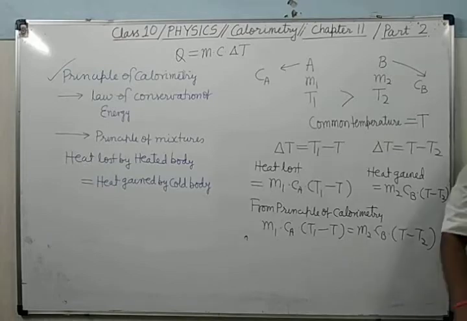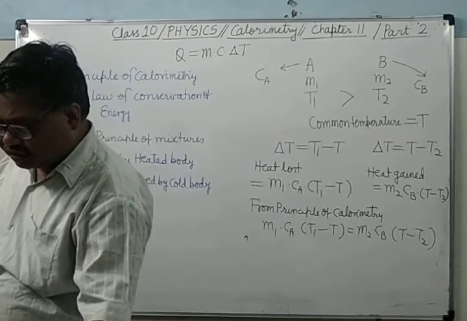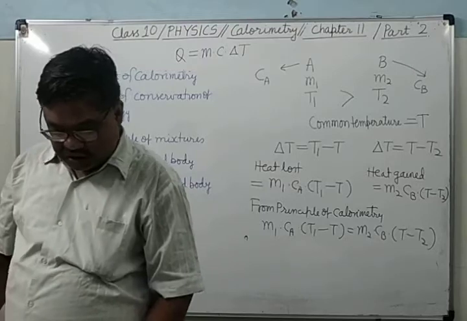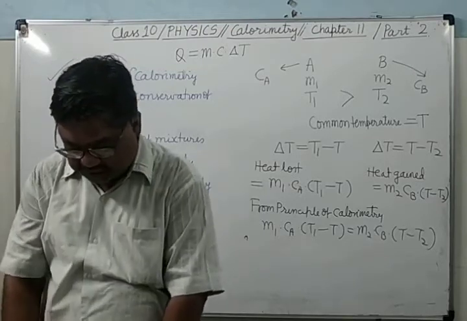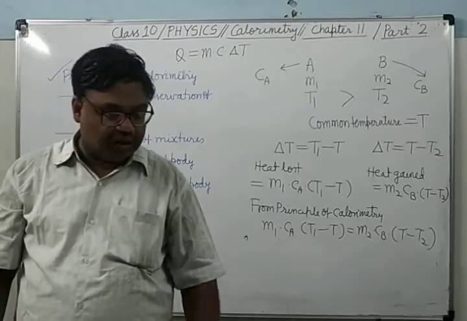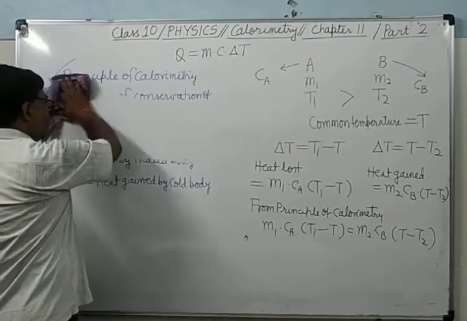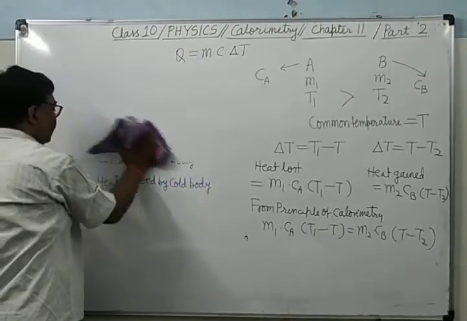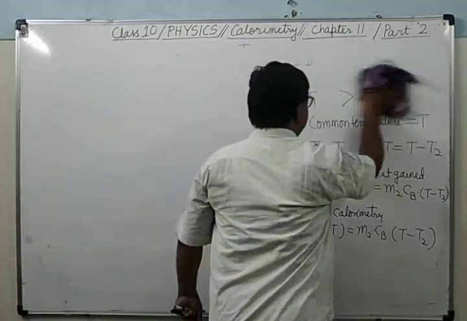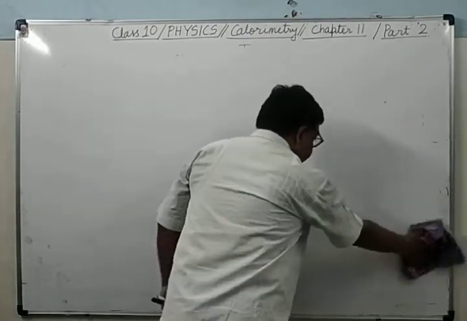Now you can see here. Now we will see the high consequences of high SHC of water. Consequences of high SHC of water. So see here, the most important one is, as we know that water is having a high value of SHC. It is 4200 joule per kg per degree Celsius. What is the SHC of water? 4200 joule per kg per degree Celsius.